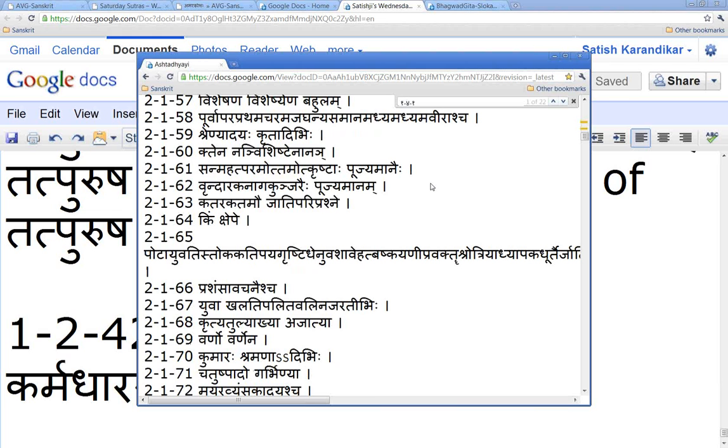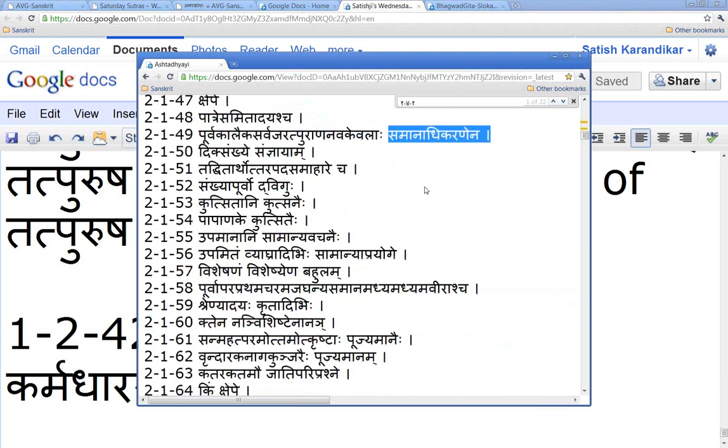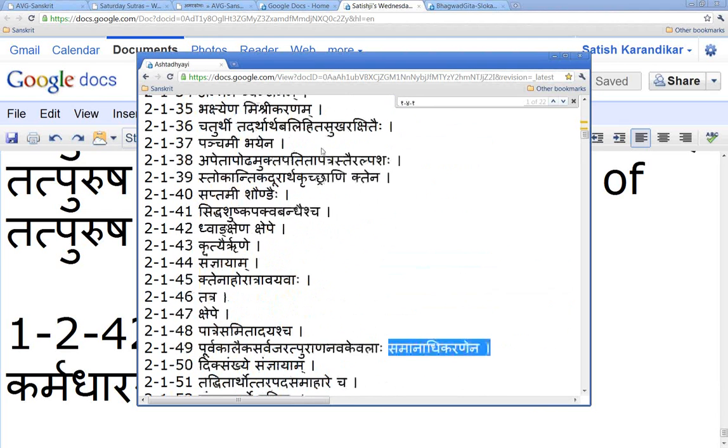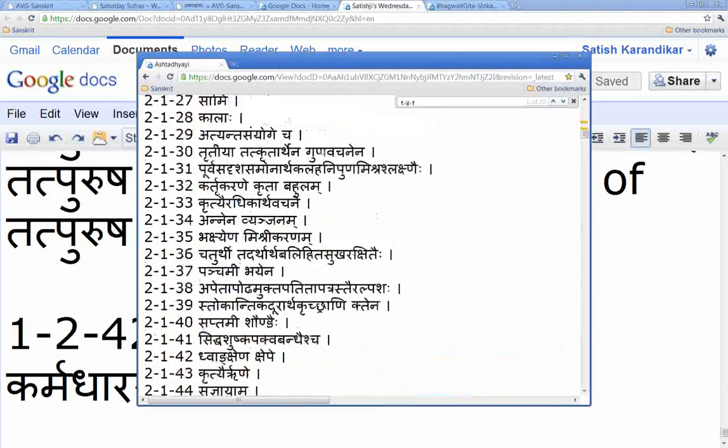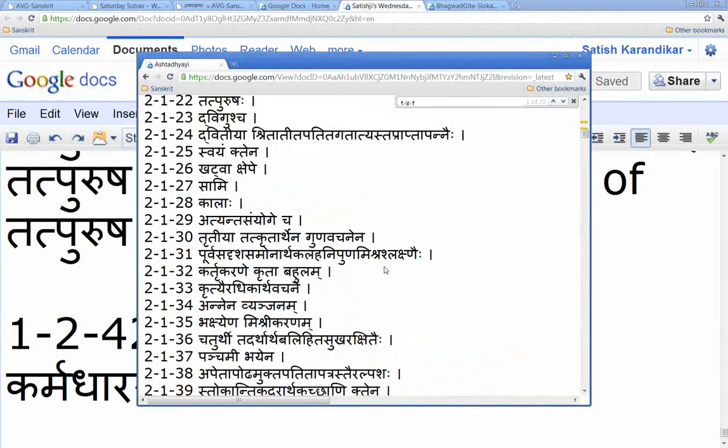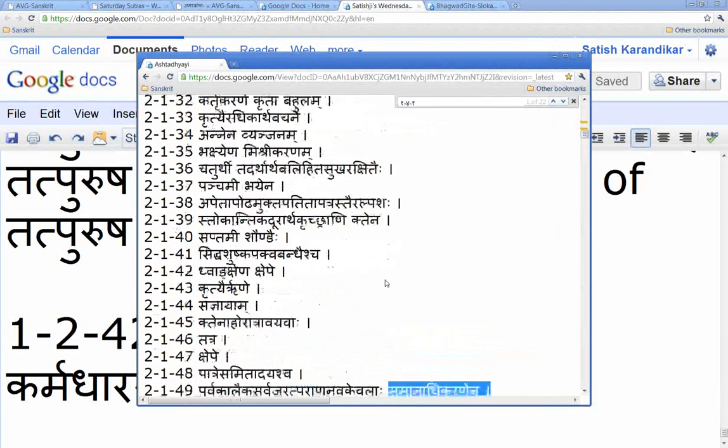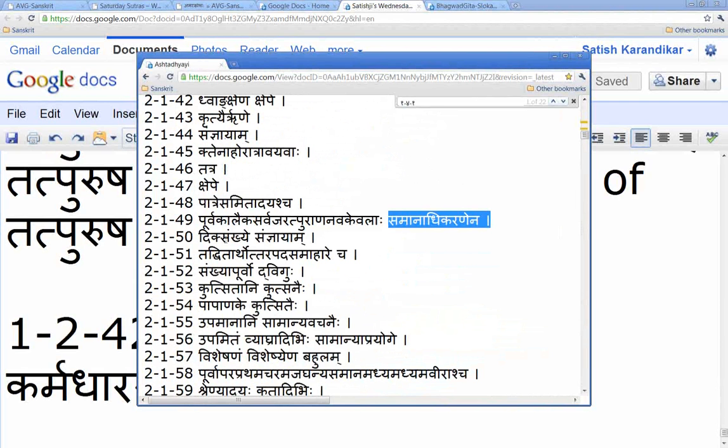When you come into Tatpurusha, the first question to ask is: do we have Samanadhikaranam, yes or no? If you do have, then it's a Karmadharaya compound. You have to come to one of these 20 or 24 rules. If you don't have, then this section is out for you. So that contracts the Tatpurusha. See, Tatpurusha has how many rules? It has 50 plus 70, whatever, about 70 rules. It's the biggest section. Out of that, one third are these fellows, so you can leave those out. So anyway, 2149.